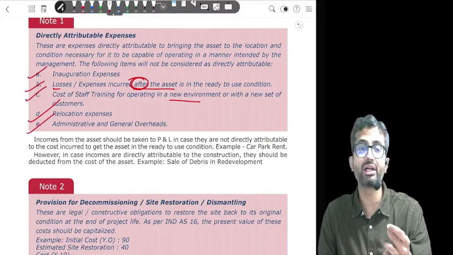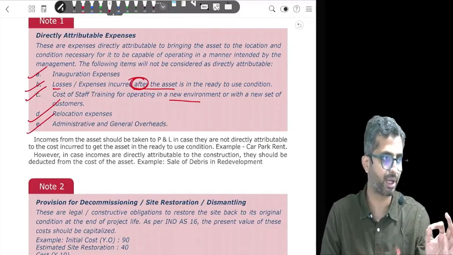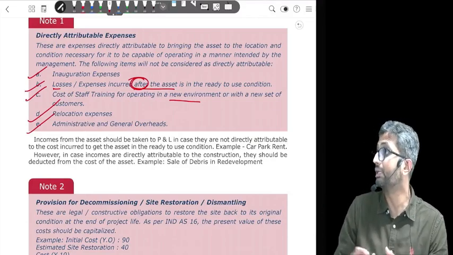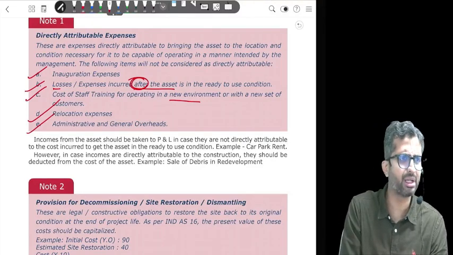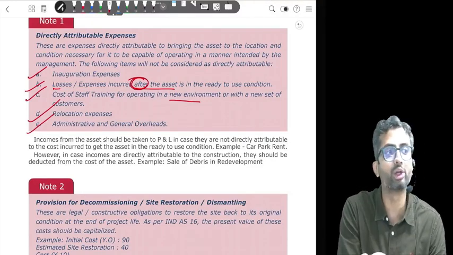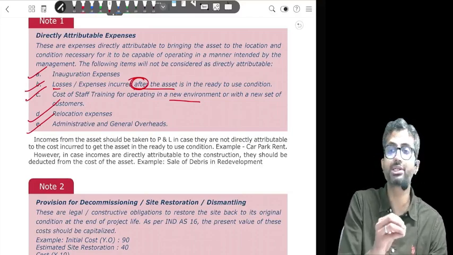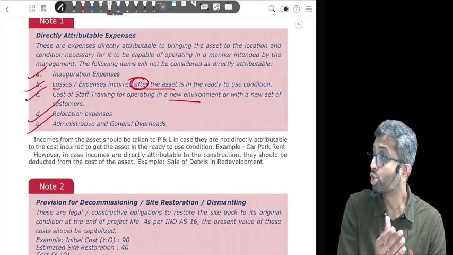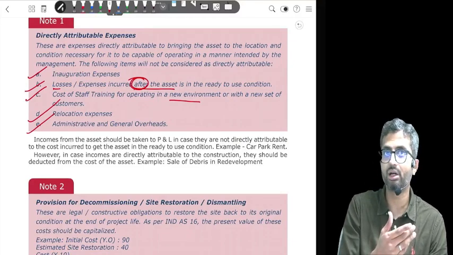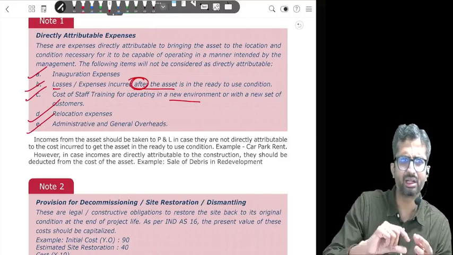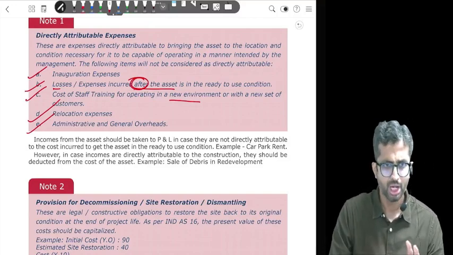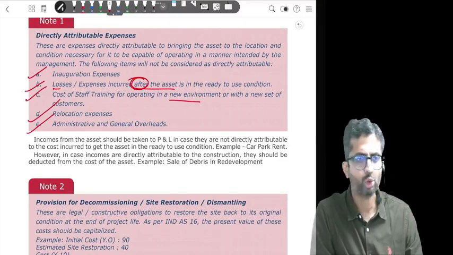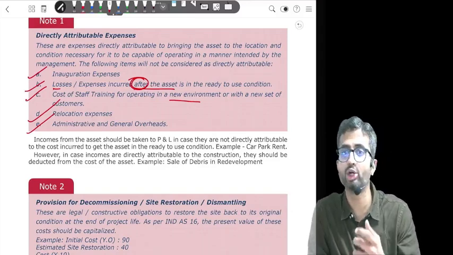Okay, now you look at directly attributable expense. There is a possibility of a directly attributable income. What do you mean by income? Usually the asset is still being constructed. It will usually not generate income. However, there might be certain cases where it generates an income. Should that income, okay, if it's income, does it increase the cost or does it reduce the cost? So should it be reduced or should it be taken to the P&L? Usually to P&L, well, it kind of depends.